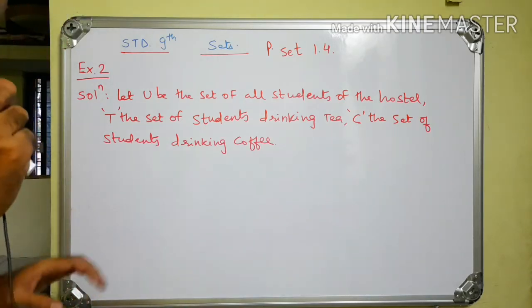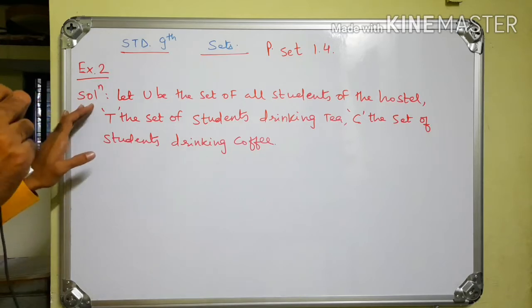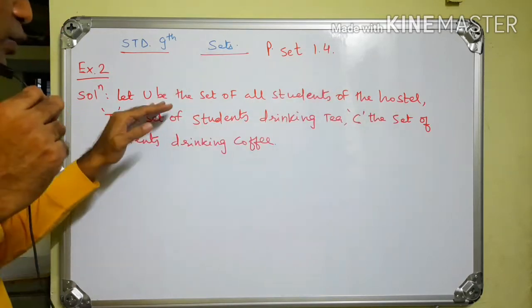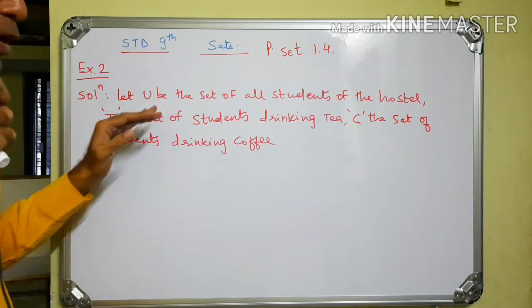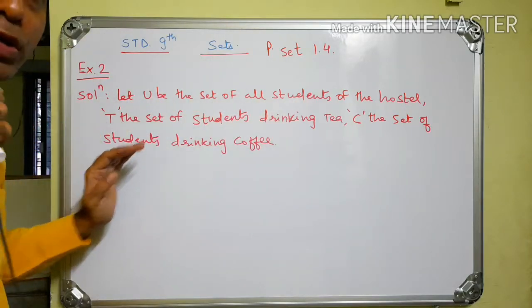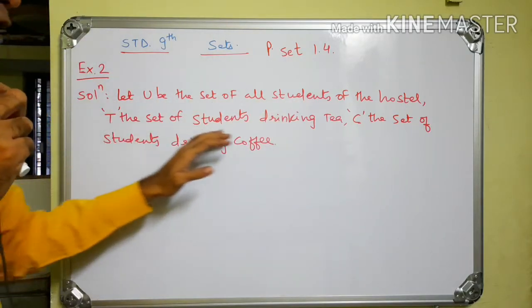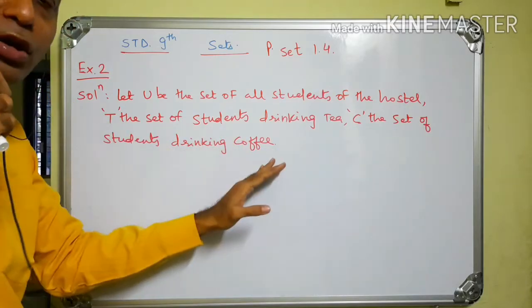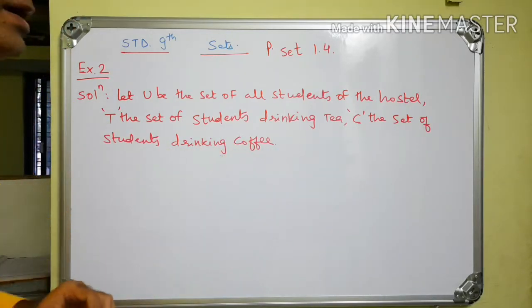Now start this example. Solution: let U be the set of all students of the hostel. U means universal set. U is the universal set of all the students of the hostel. T is the set of students drinking tea, and C the set of students drinking coffee. Now students,